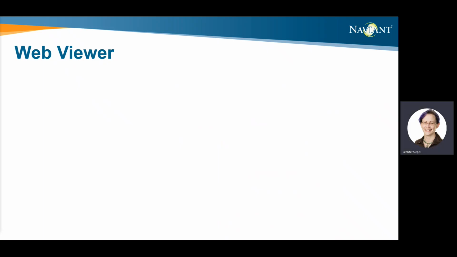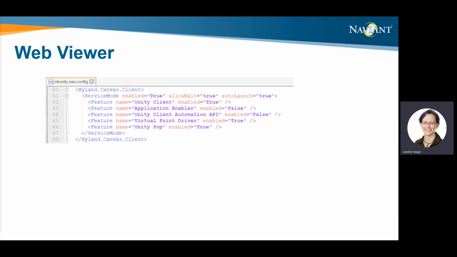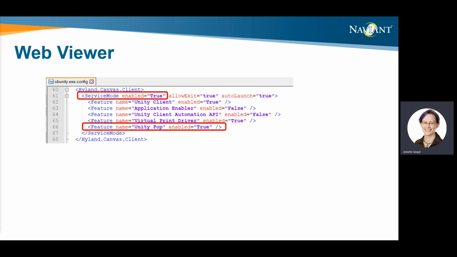On the client side, after you've installed the web viewer on the server, there are 4 parameters that need to be configured in the Unity client config file to allow the Unity client to interact with the web viewer. The first 2 are service mode and Unity pop, which both have to be set to true.